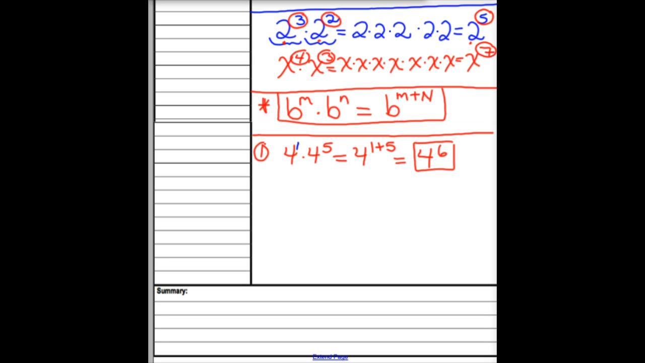So notice I'm keeping that base and I'm adding those exponents. Example number 2. We're just going to do 2 or 3 and then that'll be it for this small little lesson. And again, we're just doing small notes. If I have a number out front,